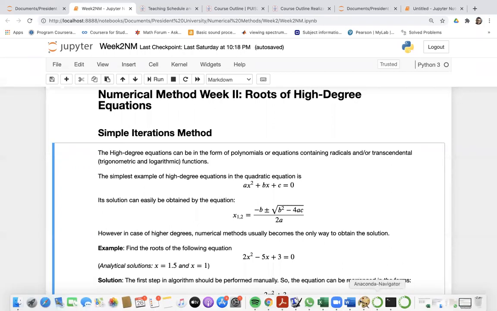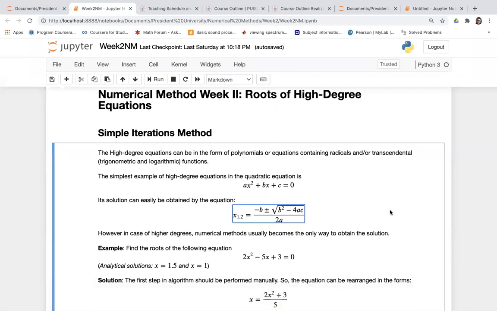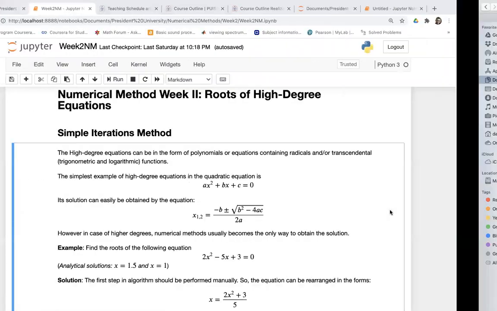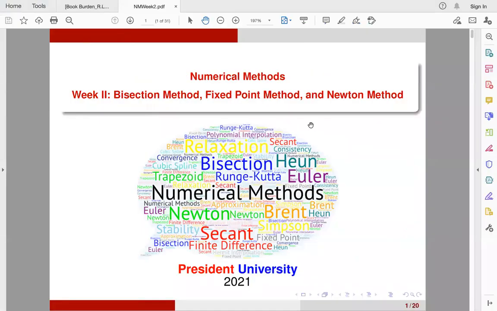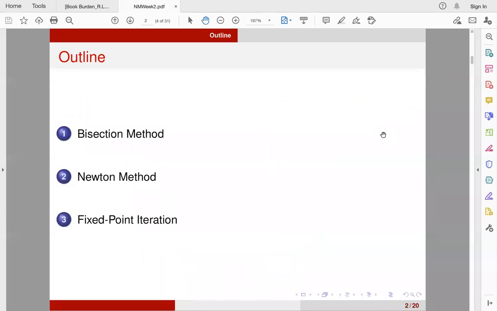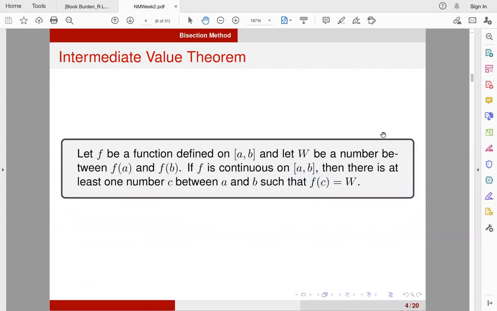Okay, before we jump to Python, I will give you the explanation about the bisection method. So these are three methods that we will discuss for today. Okay, let us start with the bisection method. So the bisection method basically starts from